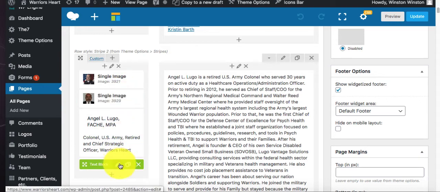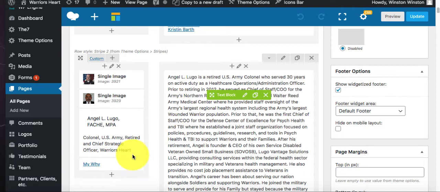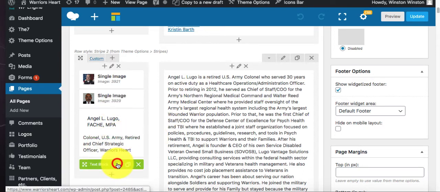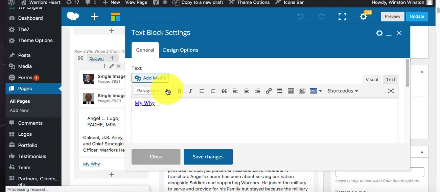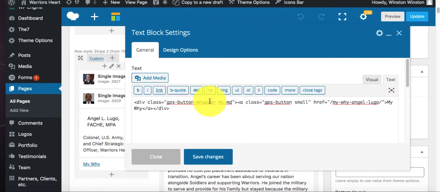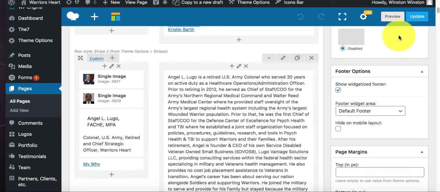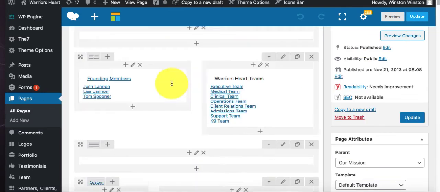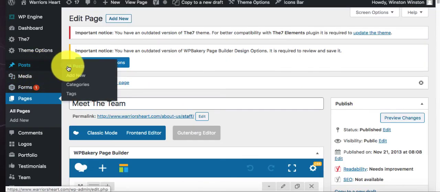What you're going to do now is, if this was Louis, this is Angel, so don't change this one, but if I was to do this, I would go in here and see what says MyY. I would go to this text, and I would just change this. Instead of MyY Angel Lugo, I would put, in this case, Louis Moreno. I'd hit save, and then update, of course, and then once that was all done, I would go over to posts,